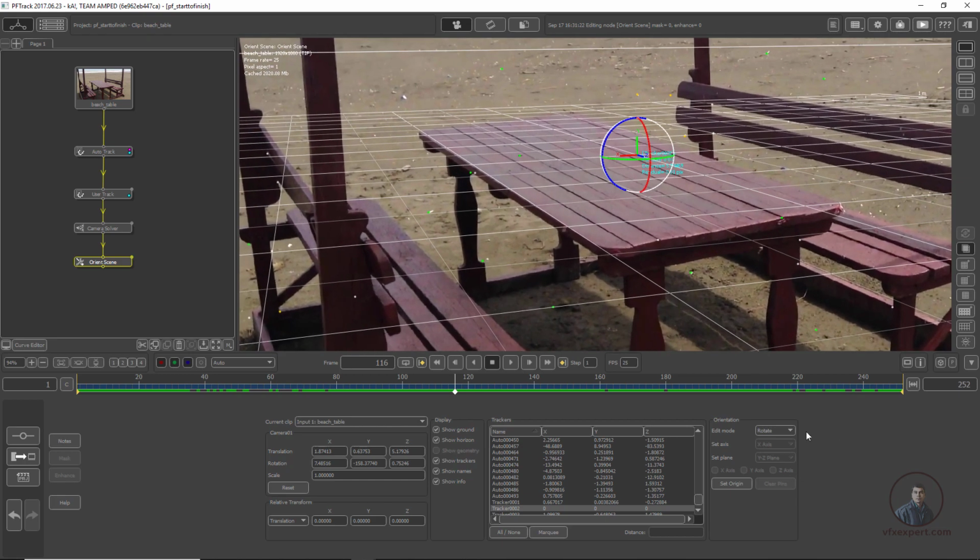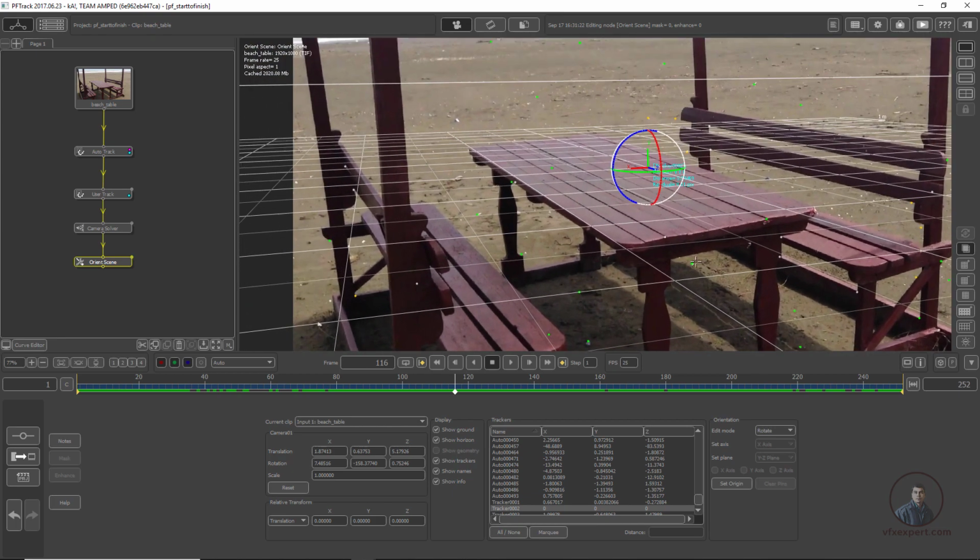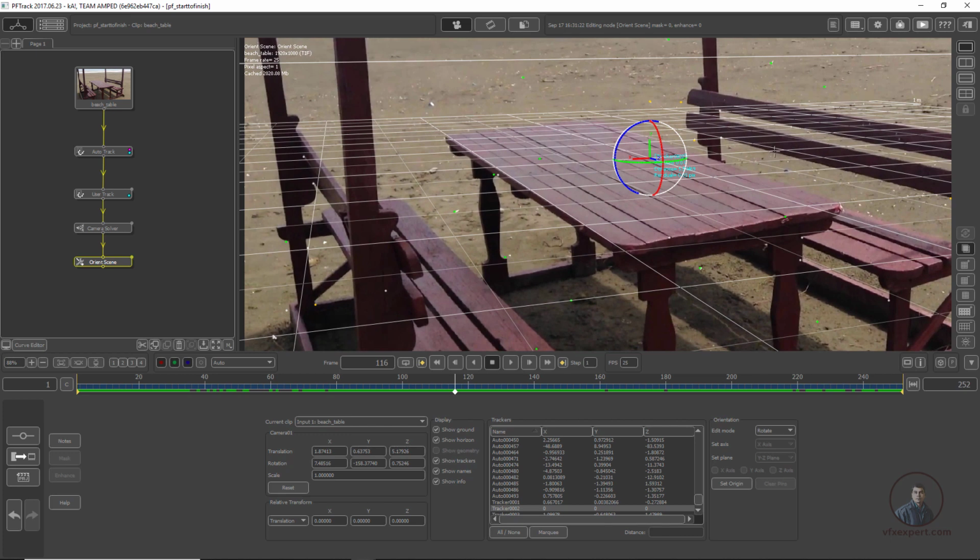But the other method is perfect if you have any reference for your Z or X axis. Here we can easily see this is our X axis, this is our Z axis, and these are our Y axis. So with the help of axes we can also adjust our scene orientation accurately. Okay, so I am going to set the orientation with the help of axes. In edit mode you can adjust manually, but now I am going to adjust with the help of axes. So simply click here on axis.